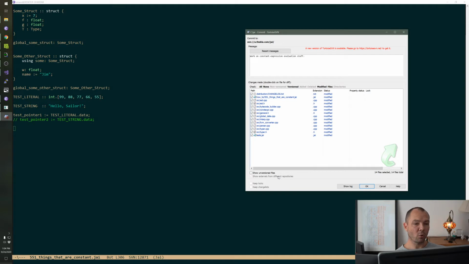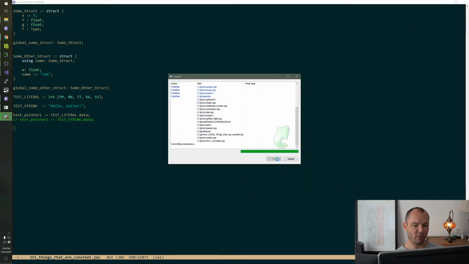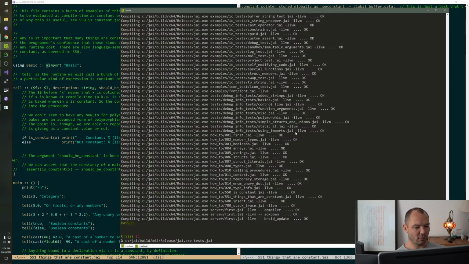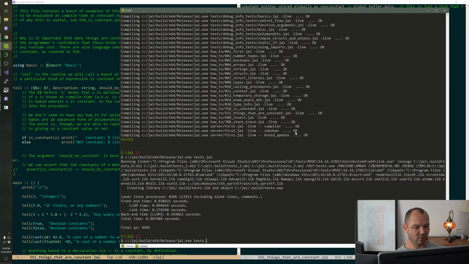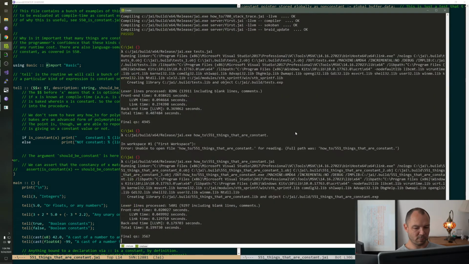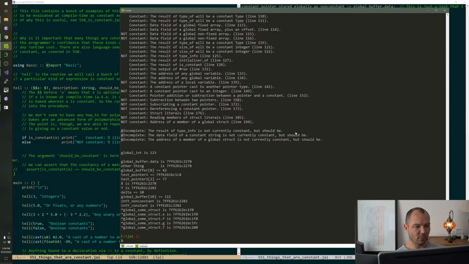Oh, although... Okay, before we do the last documentation, we do have to test something. All right, let's make sure that doesn't break. Oops. Come on, type.